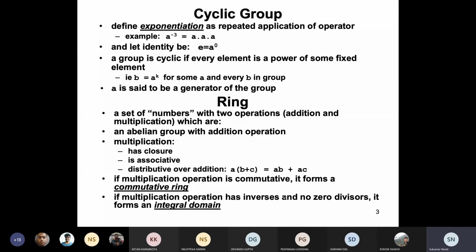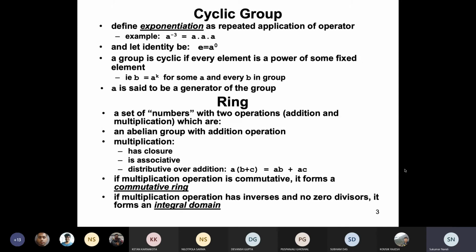Here the condition is non-zero divisors, meaning A operation B equals 0, where 0 is the identity element for addition, should not arise when A is not equal to 0 and B is not equal to 0. If A not equal to 0 and B not equal to 0 are multiplied, A into B, and the result equals 0, then these are called zero divisors, because multiplying both leads to 0.